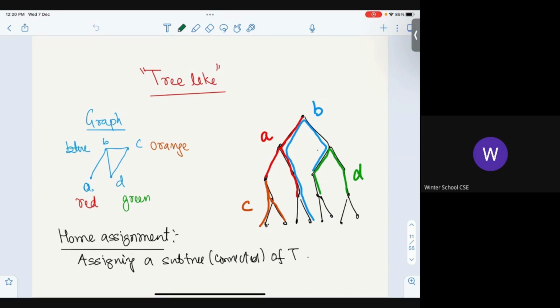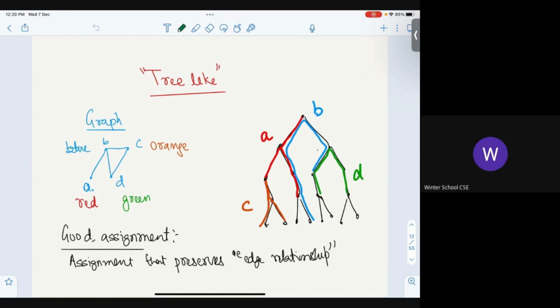You could. Nobody stops you. Like, I just chose one this way. Look at these blue guys, no? They're going both sides, right? So there's nothing. You can choose your favorite subtree of this. But again, it will be connected because you're not allowed to raise your hand. Okay, that's it.